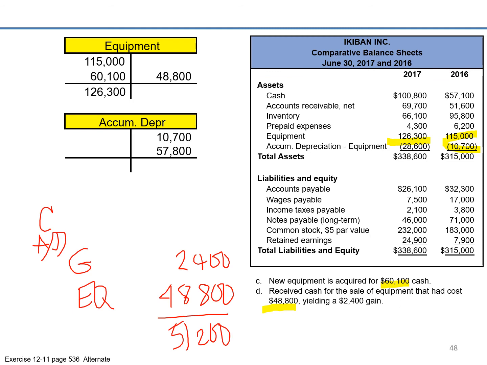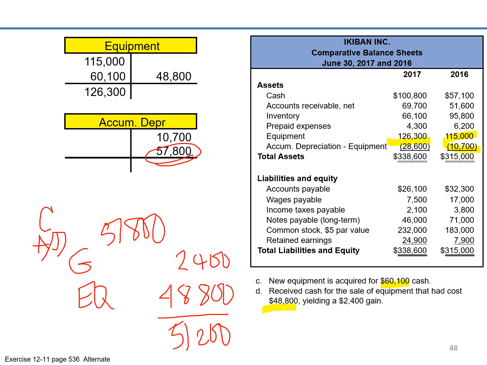And we need to know what our net book value is. Our net book value plus our gain of $2,400 would be the equivalent of what cash we received. I think we must have to take this information here as a given. So accumulated depreciation was 57,800. So if we have accumulated depreciation of 57,800,